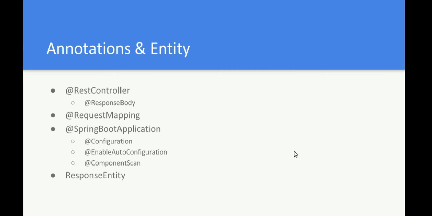So what is the significance of this annotation? This annotation tells that serialization needs to take place from the Java object to the HTTP response body. That is why we have @RestController. When you use this annotation, you don't need to separately add @ResponseBody in each method for which you want a response given back for that request. So this is the ease of using this annotation.